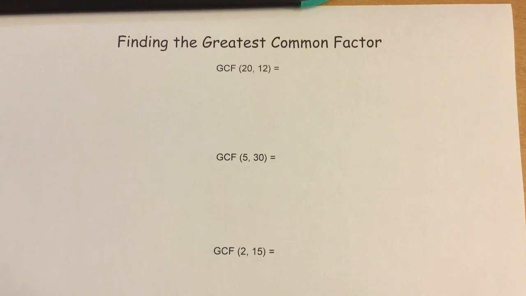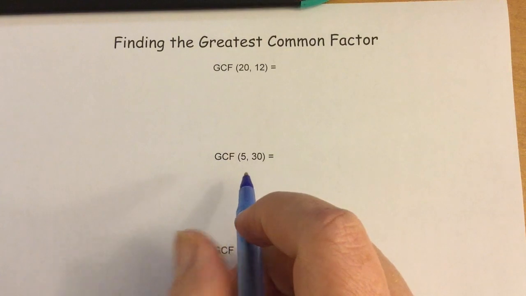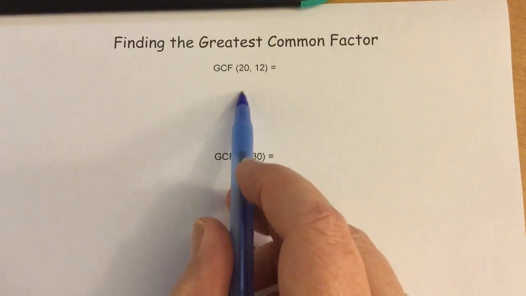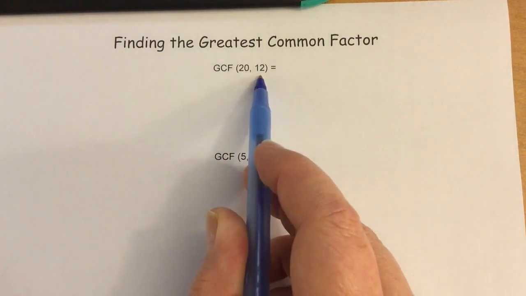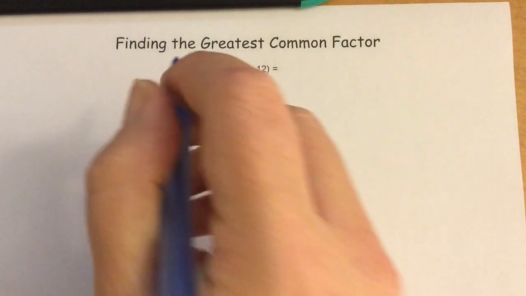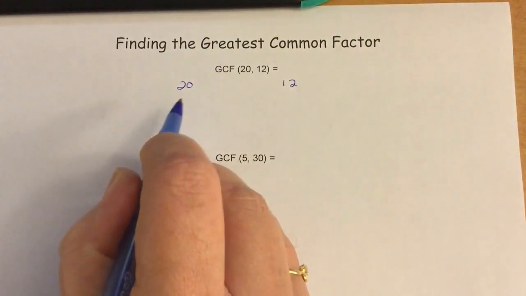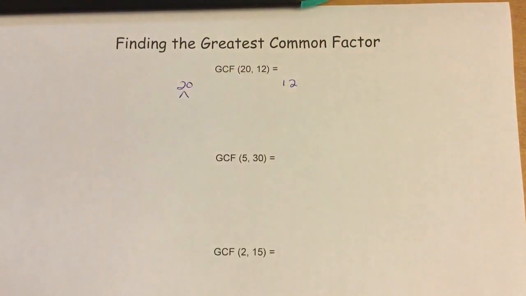When it comes to finding the greatest common factor, we're essentially looking for the largest number that will go into both, like in this case, 20 and 12. The easiest way to find this is to do a factor tree for each number. So we're going to factor 20, and you find what's called the prime factors, or when you basically can't break